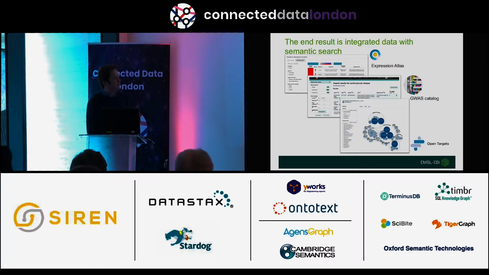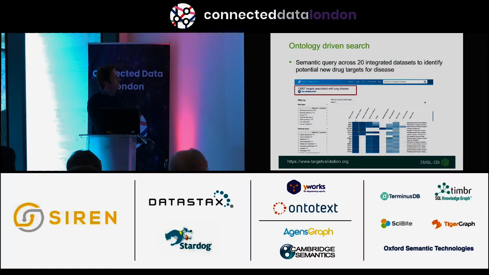And we have another portal, the Open Targets portal, which is a drug discovery portal. This integrates around 18 different databases, all against a set of common ontologies. And the nice thing about having a common set of ontologies is that when we talk about cardiovascular disorders in here, we've got the same codes in here and in this database and in all the other databases. So we are maximally interoperable across our resources.